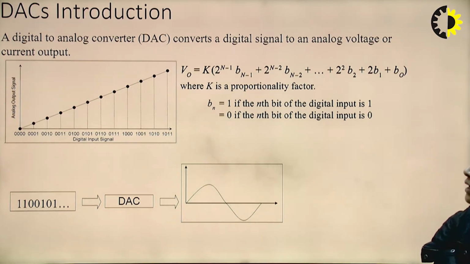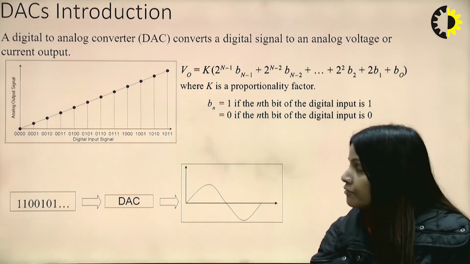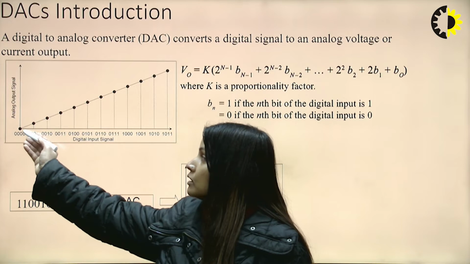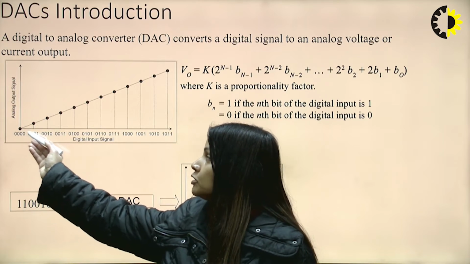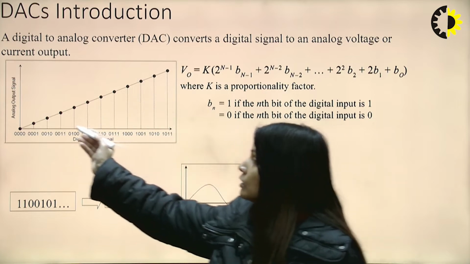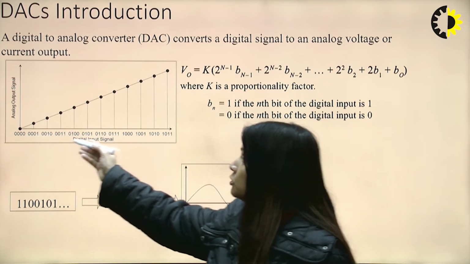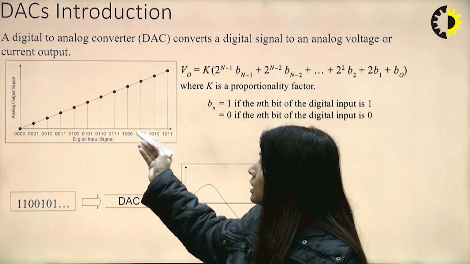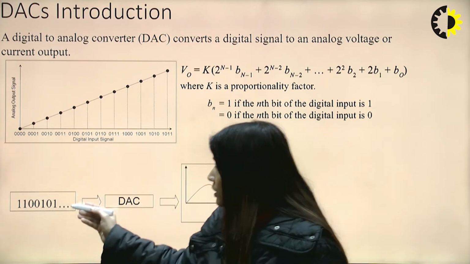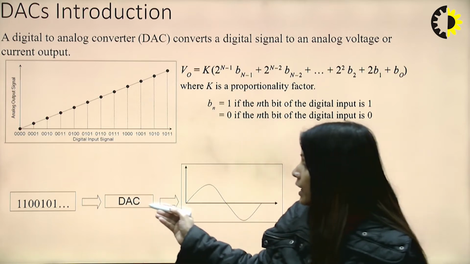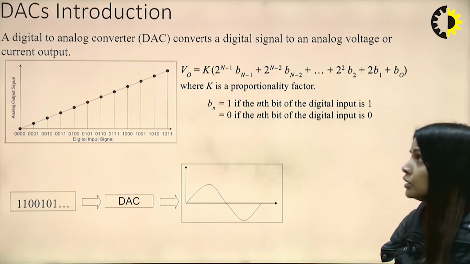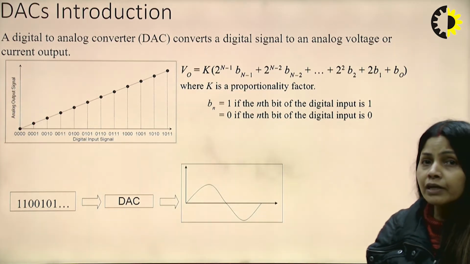Let's say we have given some digital data, that is 0, 0, 0. The analog value corresponding to this will be 0, this is 1, this is 2, this is 3, and so on. So the meaning is we need to convert this digital input signal to an analog value. That means suppose this is the data stream that has to be given to the DAC, and the output will be some analog value. And the formula which we will discuss,